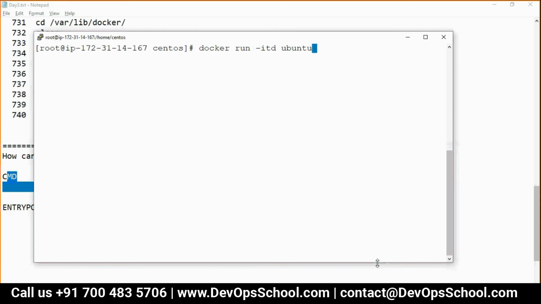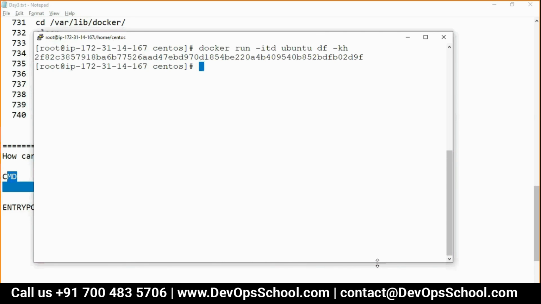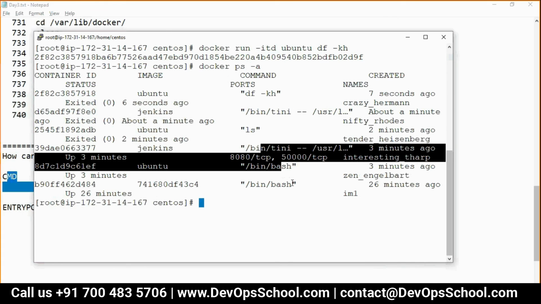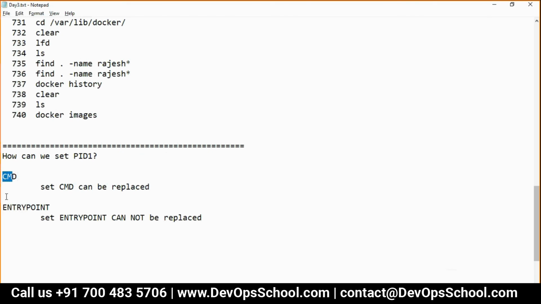So for example, again I'm running, I want to know df -kh. See, the work will be done, and then it releases the resources. But web applications like Jenkins, you cannot get this type of thing done, so you have to use the entry point.